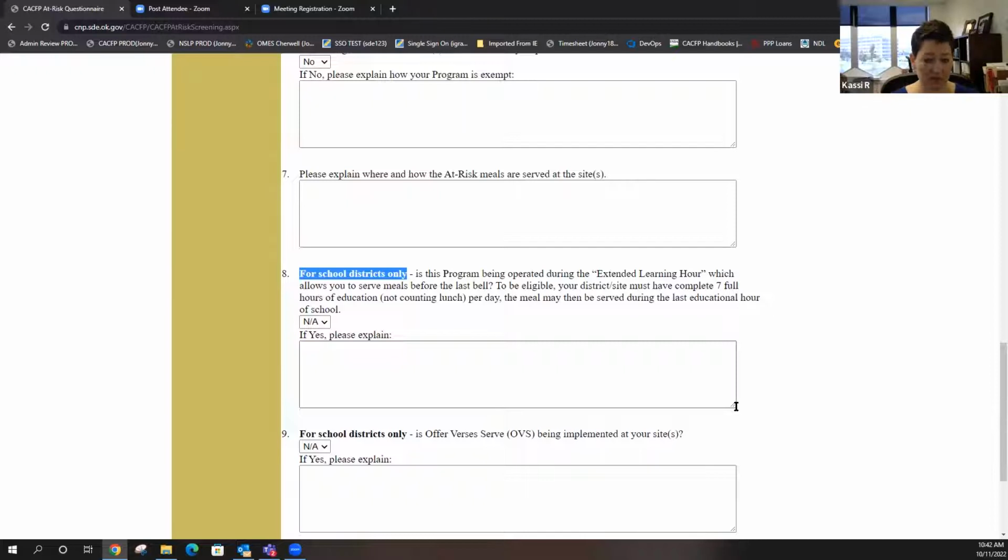If you're not at risk, it doesn't apply to you anyway. But if you want to serve before the last bell of the day, there are two things that really must happen. First, you have to have completed a full day of school. And what we consider that in Oklahoma is 6 hours of rigorous education. But then you also have to go an additional hour, which means you have to have completed 7 full hours of education, not including your lunch.